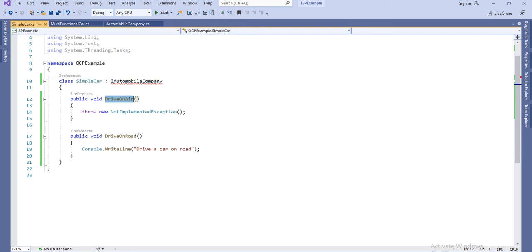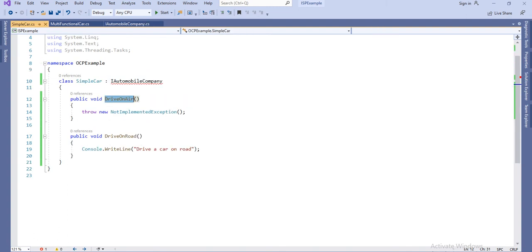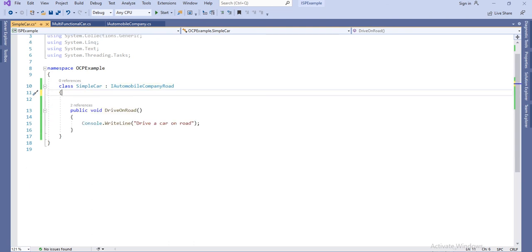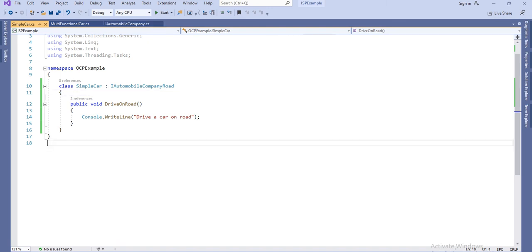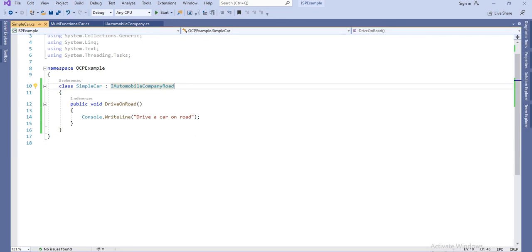And now SimpleCar will contain only the functionality related to drive on road, so we can inherit just that interface here. Now there is no need to implement the other functionality, because it will not enforce us to implement it. When we build this application, we will not get any error, and based on that we can access the specific method.